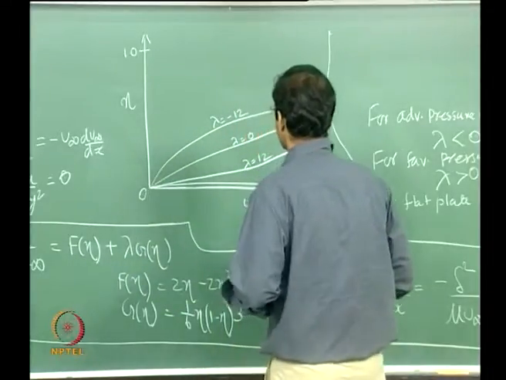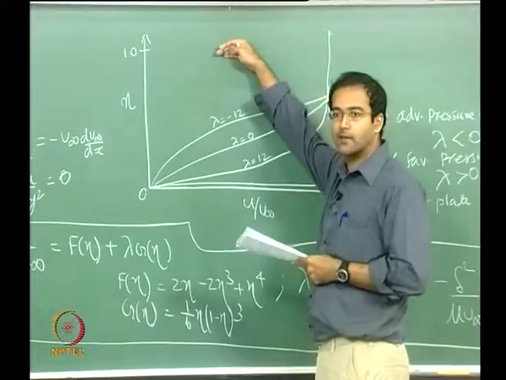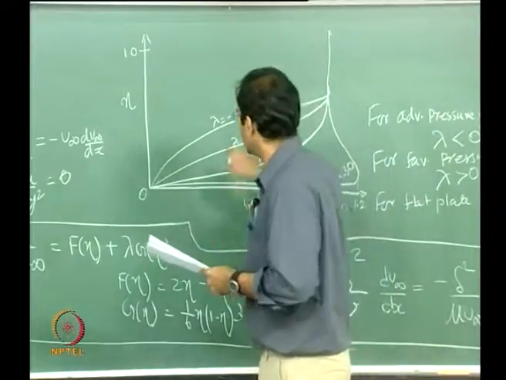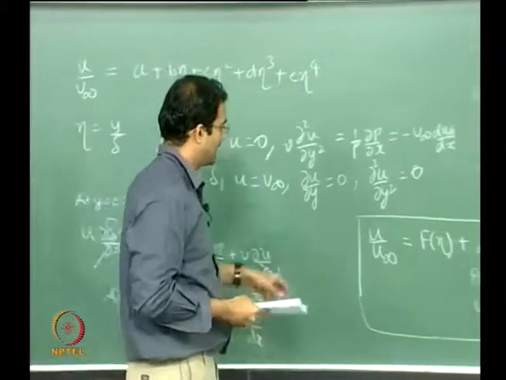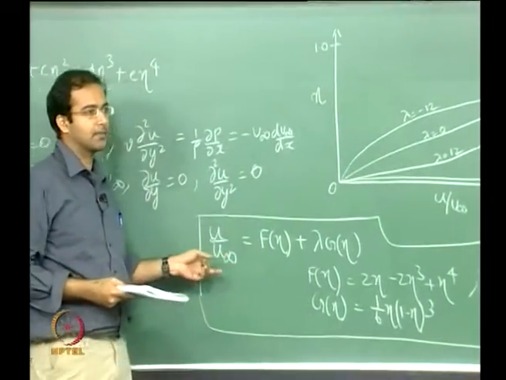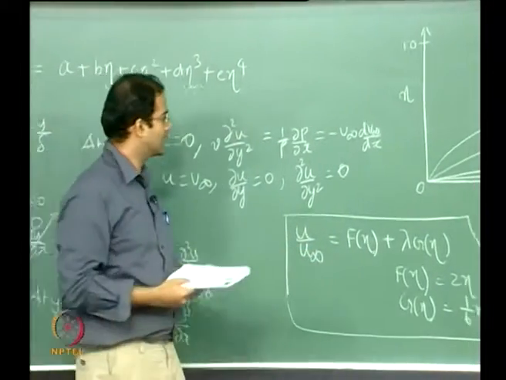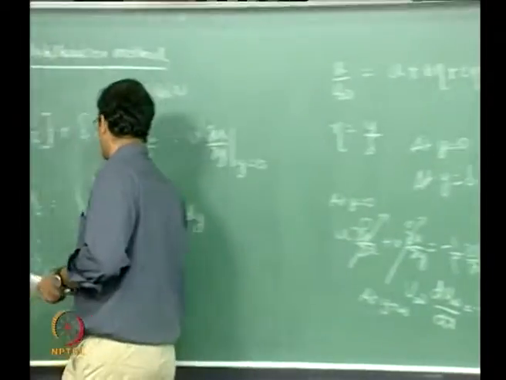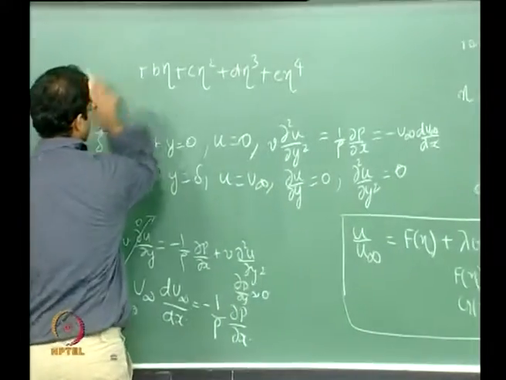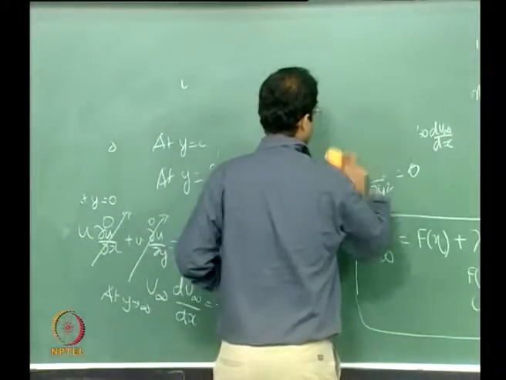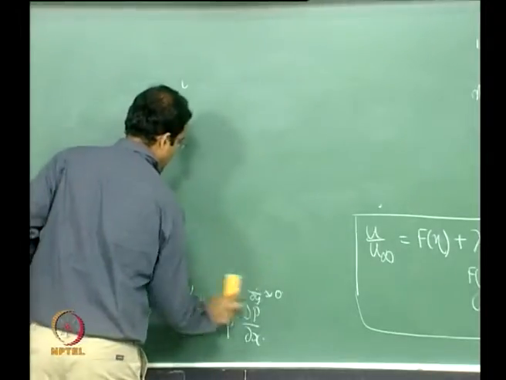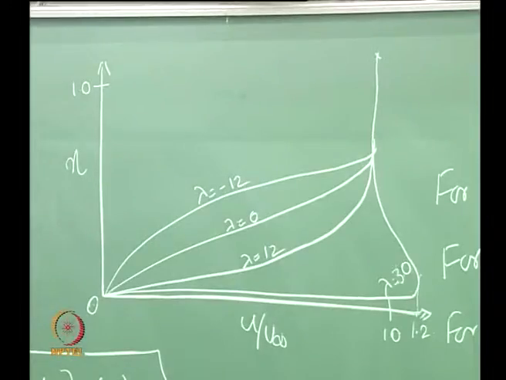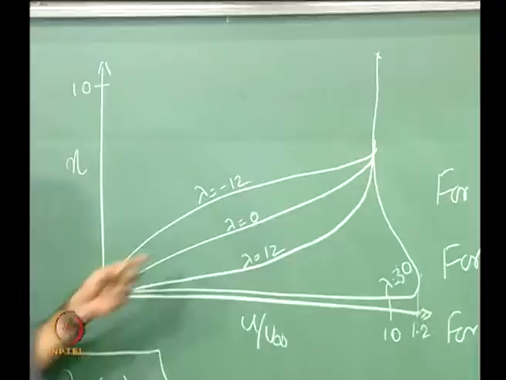Okay. So now you could have gone to various negative values, but we are just plotting till here. Now the reason why we are stopping at minus 12 is that you can check from the profile the condition for separation. Okay. So the condition for separation is what? du by dy at y equal to 0 equals 0. So if you put that condition and check, the value of lambda comes out to be minus 12. That is the lambda criterion for separation. So that's why we are stopping at minus 12.